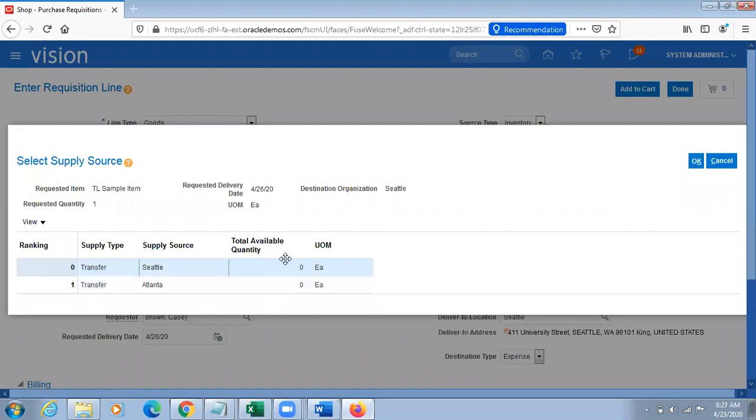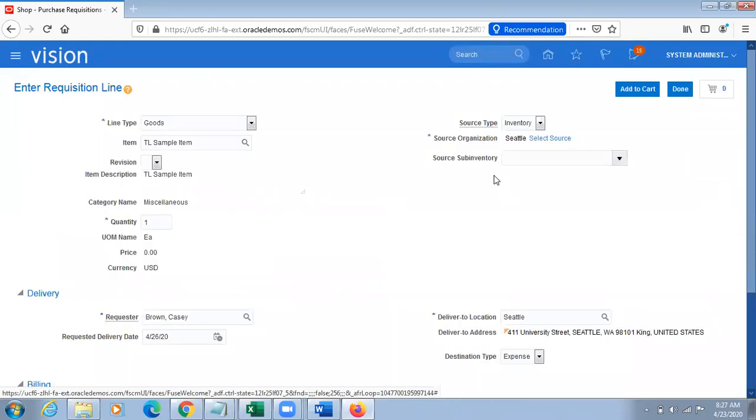It is showing the availability details also. What is the available quantity for this item in Seattle or in Atlanta? Right now, we don't have any stock in both the organizations. Supply source, I would like to select Seattle only. But